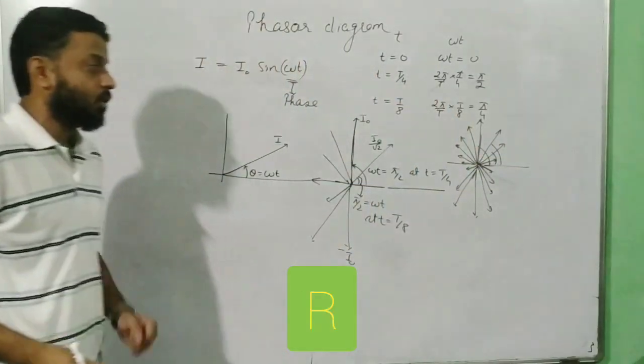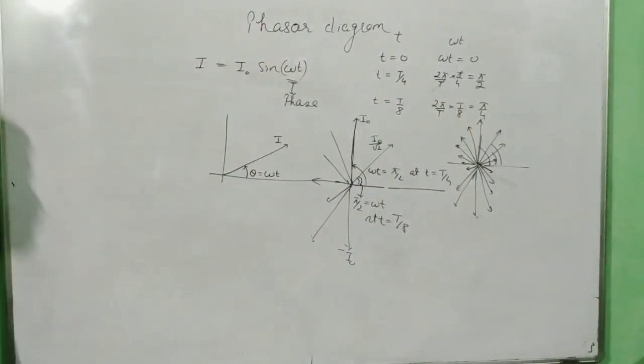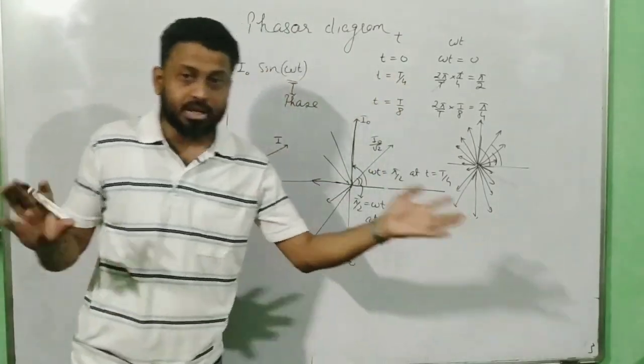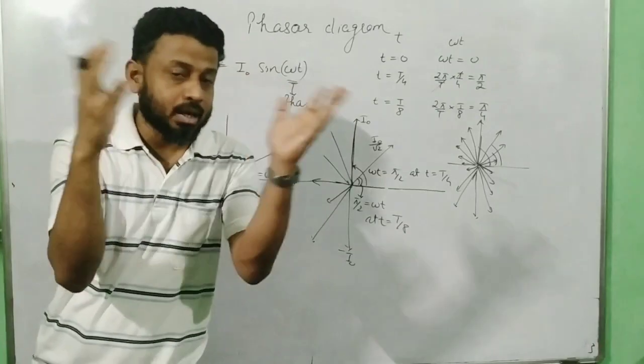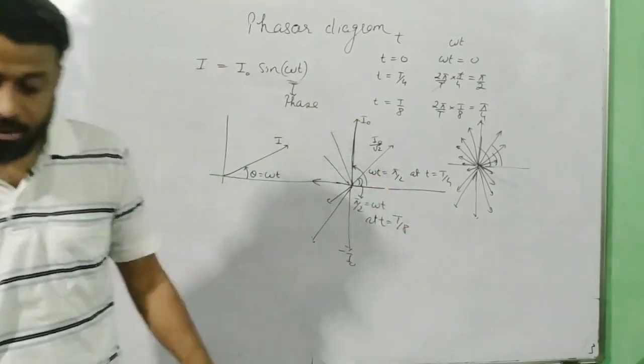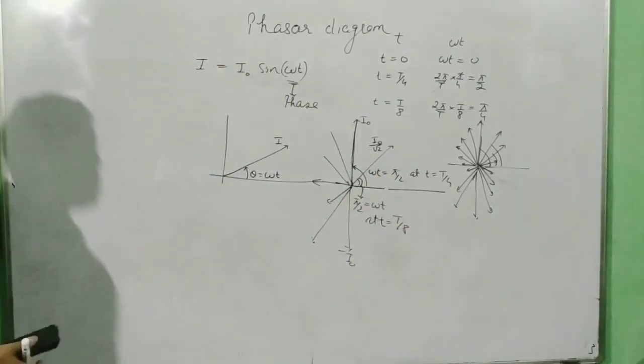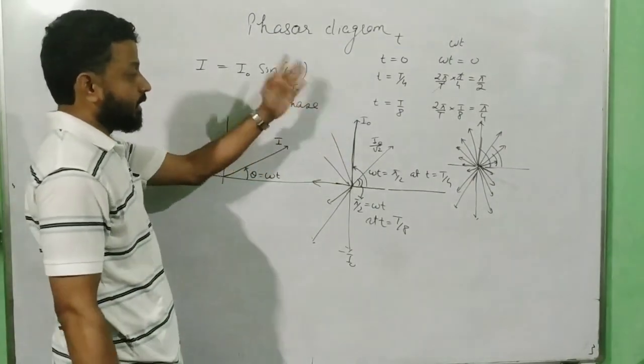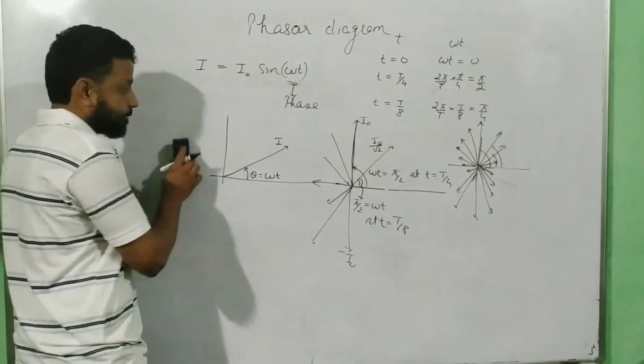So these diagrams are called phasor diagrams, but we don't draw beautiful diagrams like this. So when I jump to the conclusion of the phasor diagram, remember I am drawing a phase angle at a given instant of time. Okay, so this is what we call a phasor diagram. At different times, we draw like this.